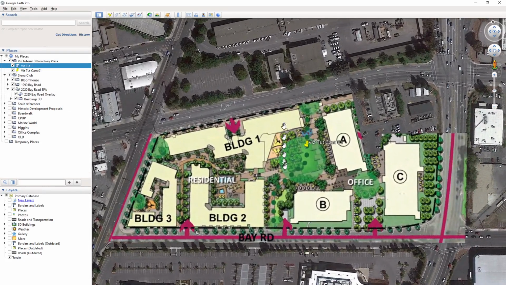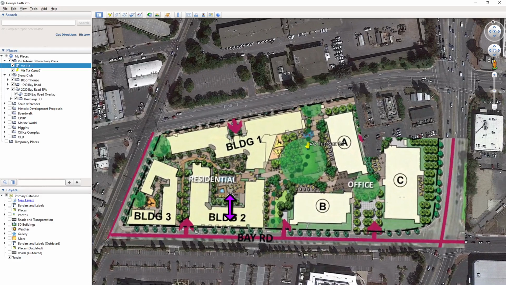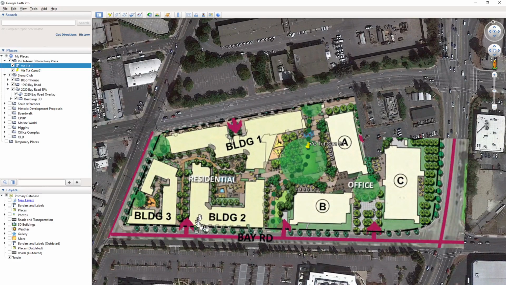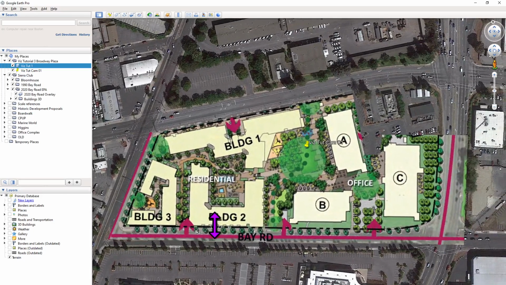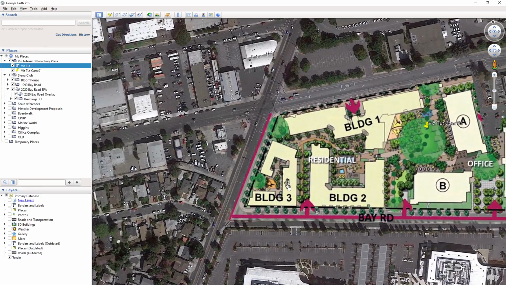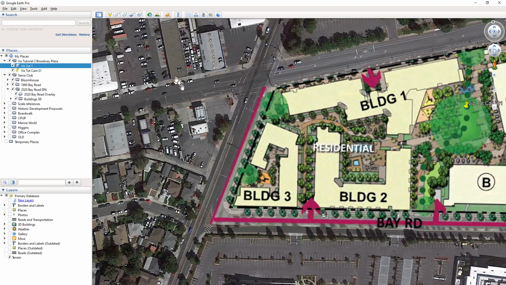Now what I want to do is get the actual measurements from one of these faces, or one of these buildings, so that I can use that measurement to build out the 3D buildings in SketchUp. The way that I'm going to do that is I'll choose a straight face, such as, say, building 3 here. And then I'm going to go up,